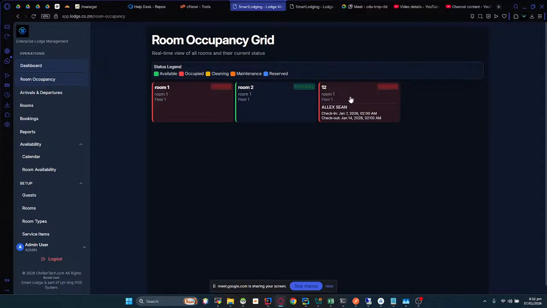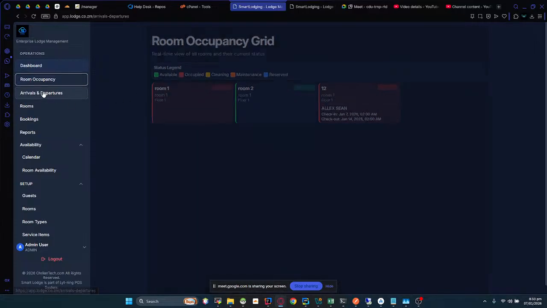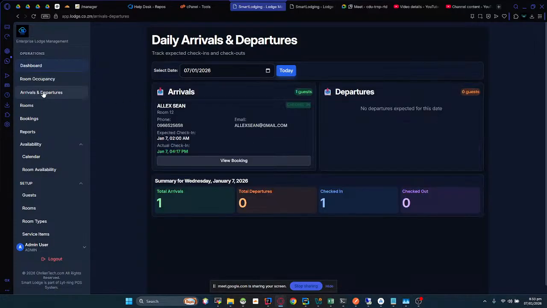It's just a general page to be able to see a quick view of the occupancy status of the rooms at our lodge. So there isn't much info you'll be able to see here, other than the rooms and the status of each room. Then you'll be able to see your arrivals and departures, which depending on the date,